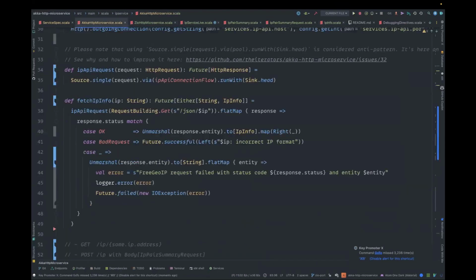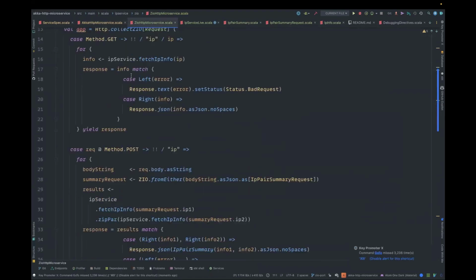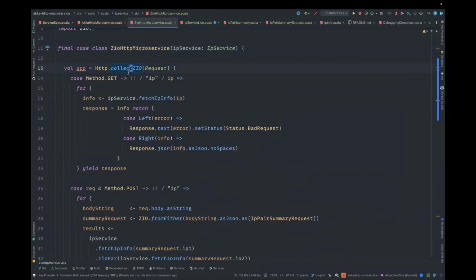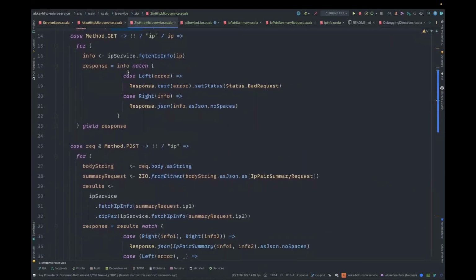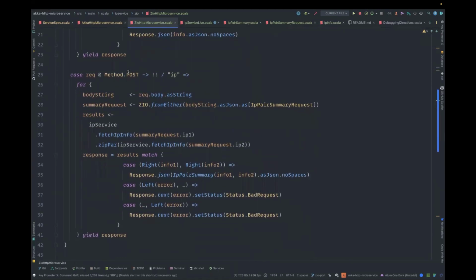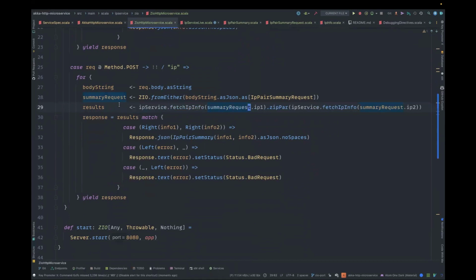Maybe we can get to that in the future. But yeah, so now we have the ZIO HTTP microservice that just defines this collect style ZIO HTTP application. That's a pretty direct mapping. And as we mentioned, we probably in the future wish to